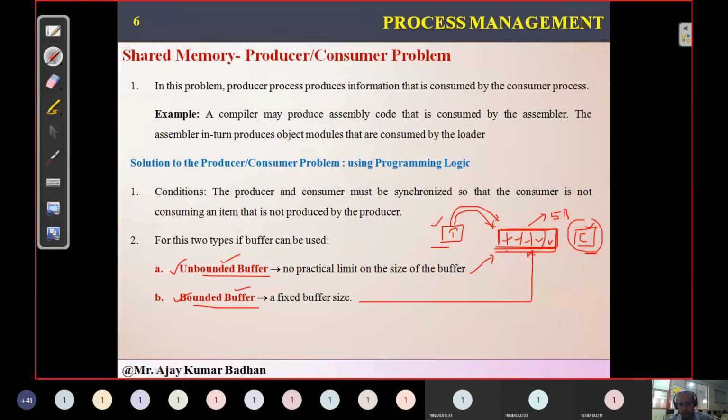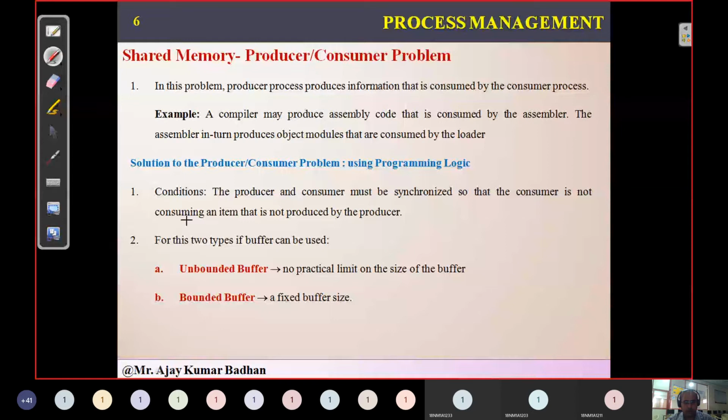But coming to the consumer, he also has a limitation. What is that? If this particular block is empty, if it doesn't have any new data items, then he cannot consume. Obviously, if all the blocks are empty, what is the consumer going to consume? He cannot consume anything. So that is the restriction we have for the producer as well as the consumer. So if these blocks are filled up, the producer has to wait until one of the slots is empty. When it is empty, then he can add the new data item into this block. This is the whole scenario related to your buffer. So we have two different types of buffers here, bounded and unbounded.